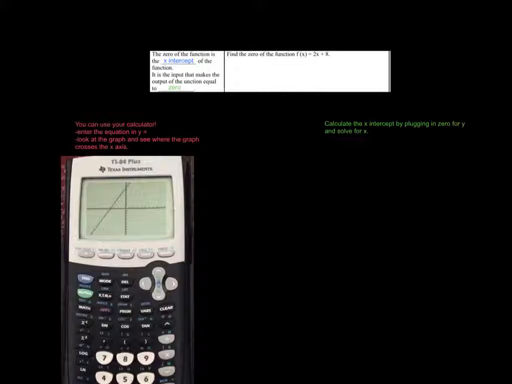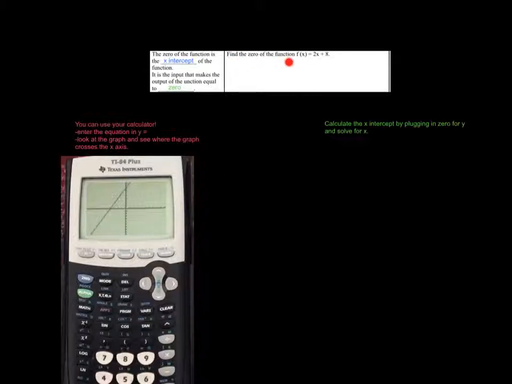So remember, the x-intercept is where that graph is touching the x-axis. So when they ask you to find the zero of the function, they're asking you what's the input that would make the output of the function equal to 0. Okay? So in class, the first thing that I showed you guys with this example is that you could find